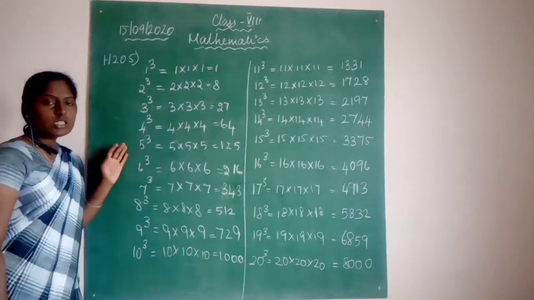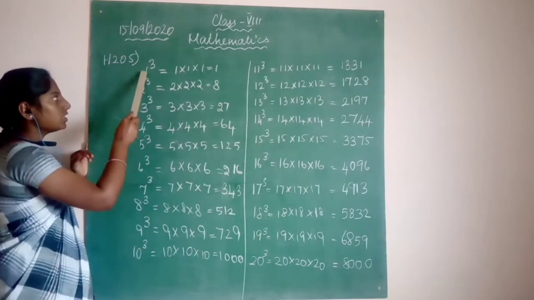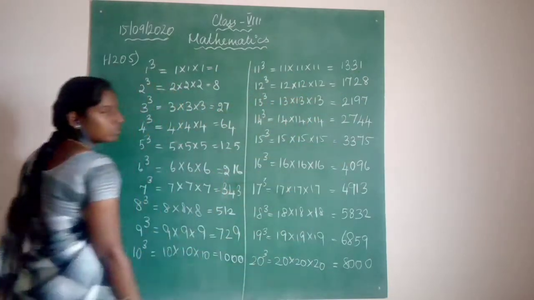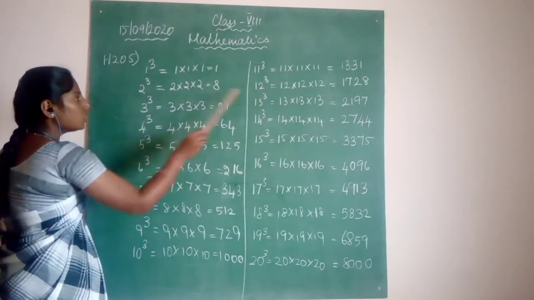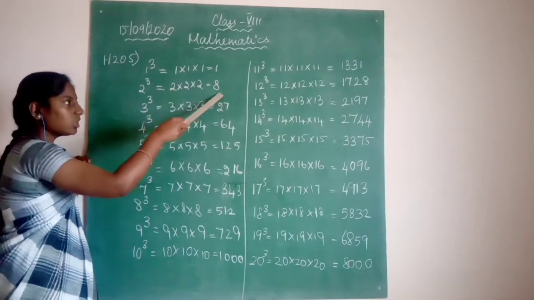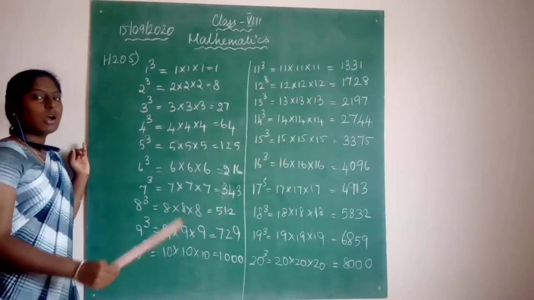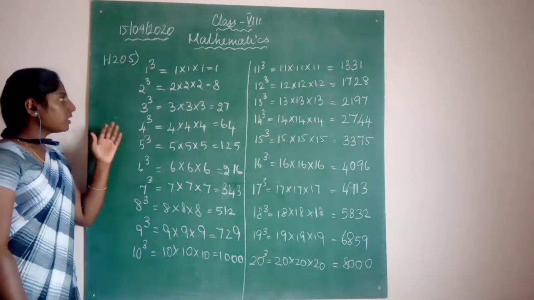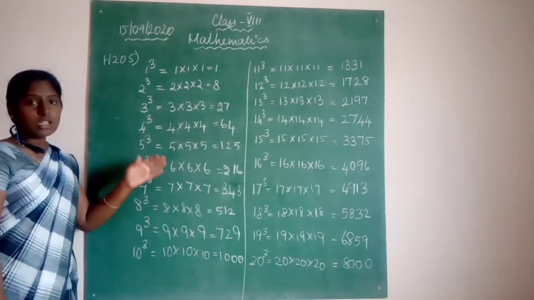In this you have to note one thing and keep it in your mind. Any number ending with 1, see 1 and 11, for both the numbers the cube number also ends with 1. Is it clear? For 2 and 12, both the numbers have 2 in the ones place and their cube is 2 into 2 into 2, that is 8. And here also it is ending with 8. So any number having 1 in the ones place will again have cube also 1 in the ones place. Any number having 2 in the ones place will have 8 in the ones place of the cube number.